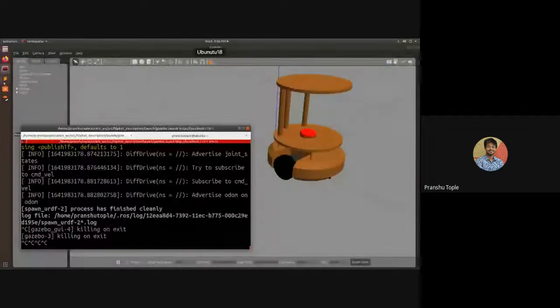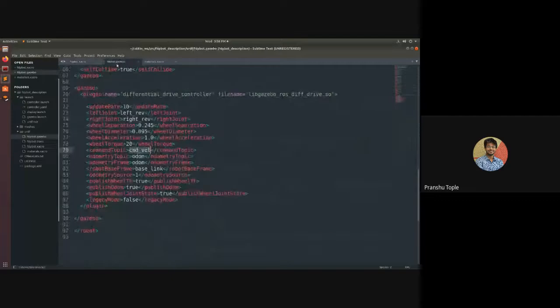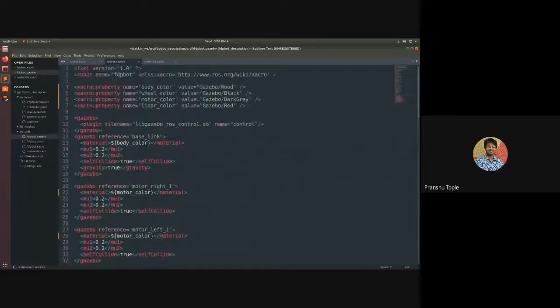Let's go back to the gazebo file. And here you see there is mu1 and mu2 for each thing. So let's do one thing. We want our wheels' friction to be as high as possible so that it can come in contact with the ground plane and move the robot. And we want the friction of the caster wheels as low as possible so that it doesn't interfere with the robot.